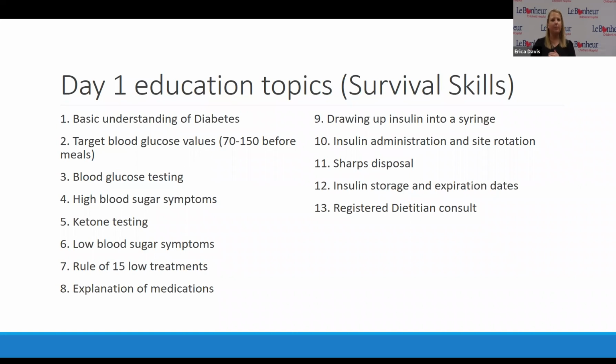So these are the topics that we're going to go over, and they're going to get these topics whether they're in the hospital getting their education or whether they're on the outpatient side getting their education. It's standard throughout. They also receive a diabetes education notebook on their first day of education, again, either side, and that has all of this information in it and more as it builds throughout the classes. And so that's really great for them to refer to.